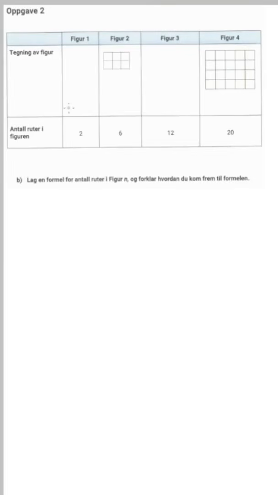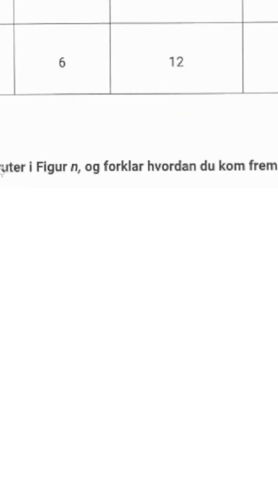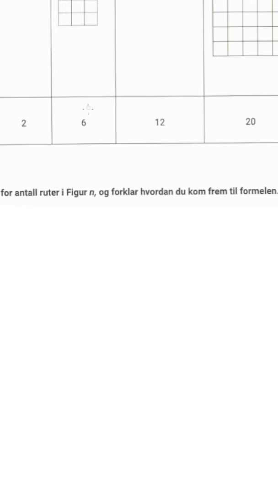You're cooked if you can't answer this problem. Create a formula for the number of squares in figure n and explain how you determined it. So figure 1 has 2 squares, figure 2 has 6 squares, figure 3 has 12 squares, figure 4 has 20 squares. Create a formula? Okay, so the difference is